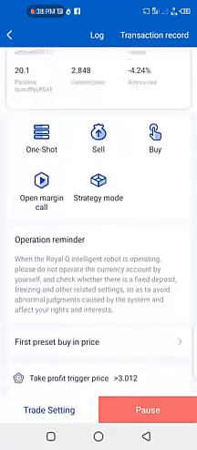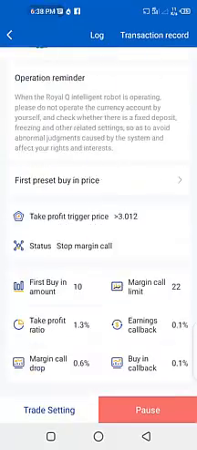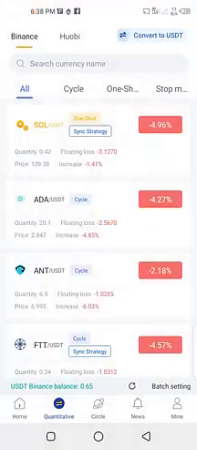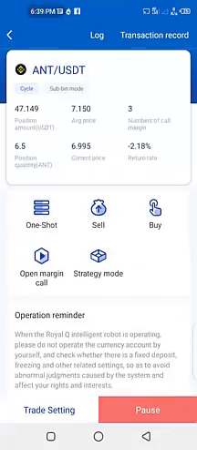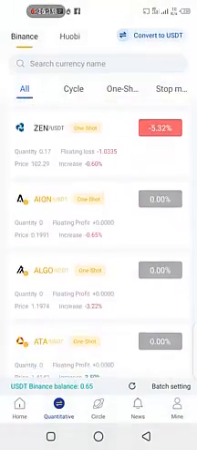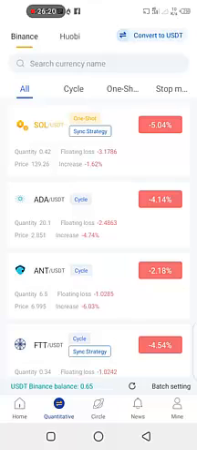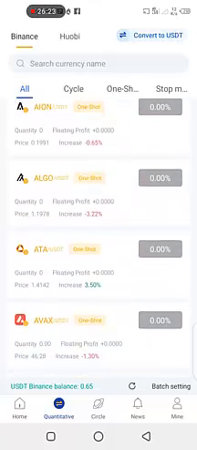I stopped marginal call here. Let me see. None of them is going very low before I stopped them. So I think this is all about